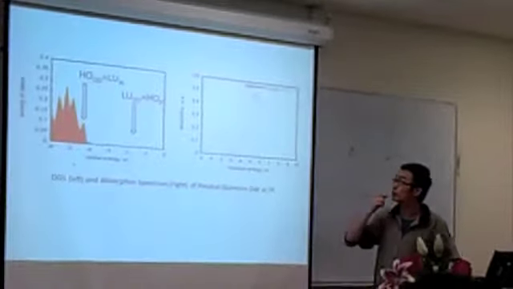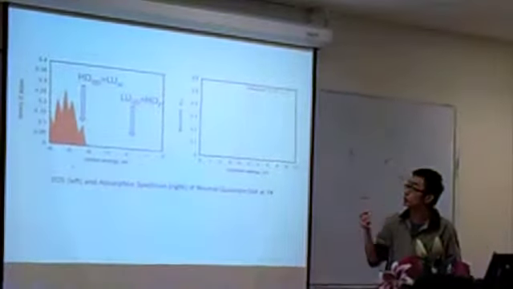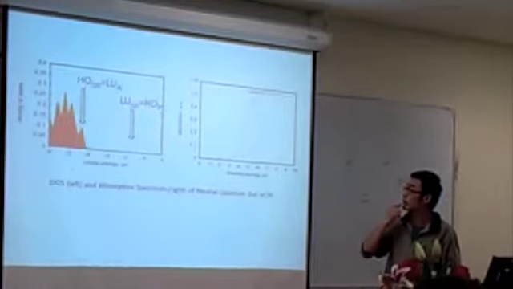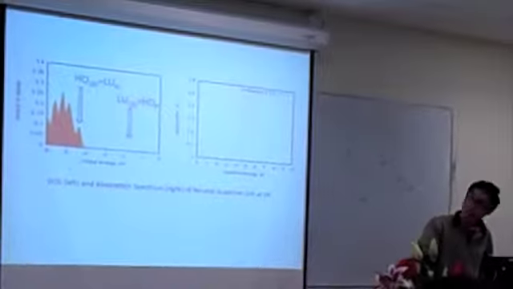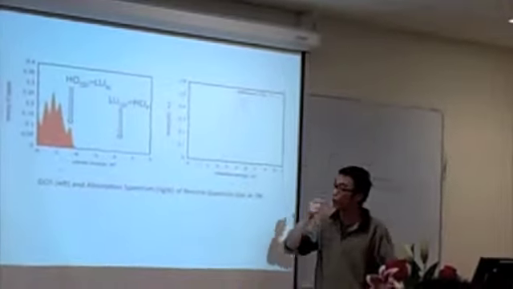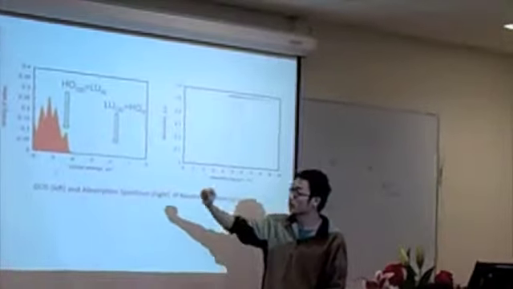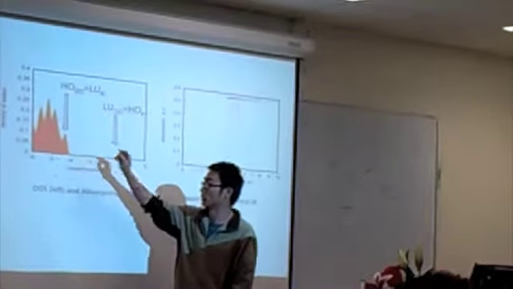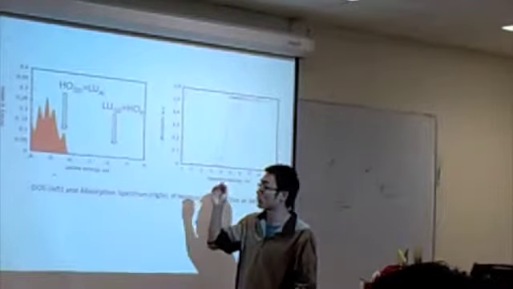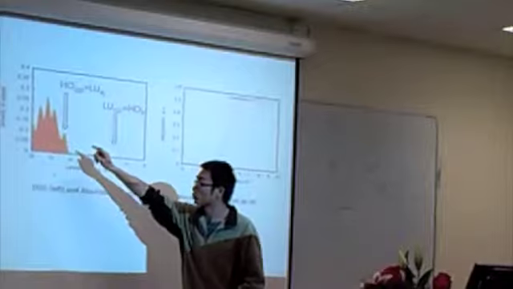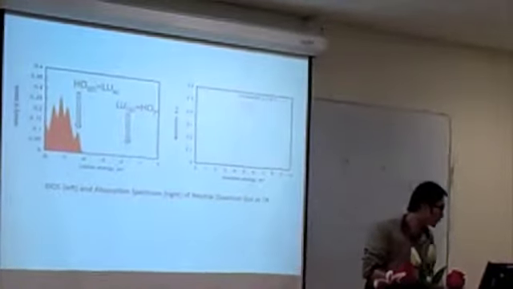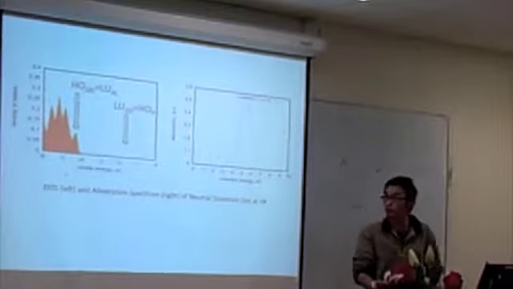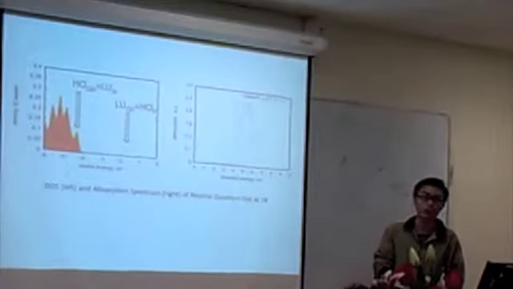And from the absorption spectrum, we can see a big peak around energy 4.5. It's contributed by this: the crystal absorbs light, then the electron transfers from here to here. So actually the absorption spectrum is contributed by two